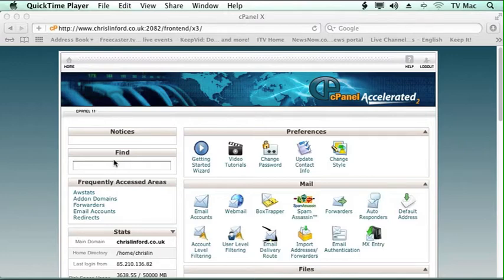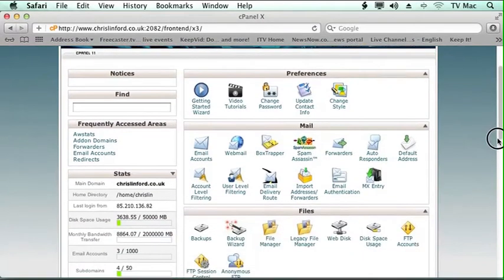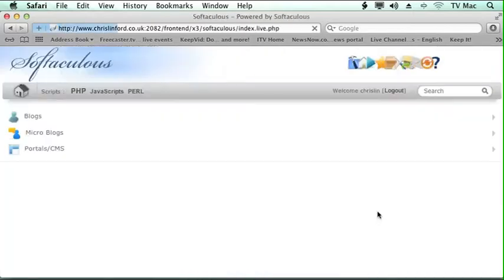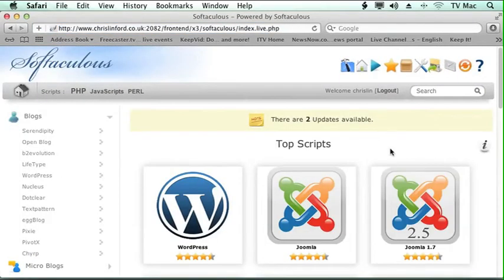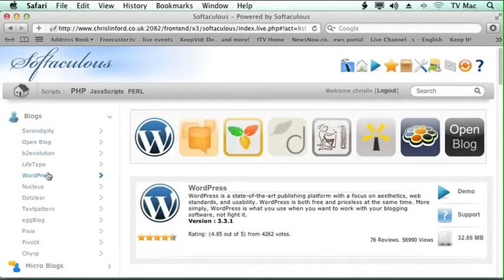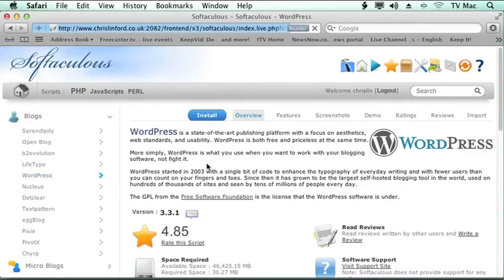If you're not sure how to do that, look at my Get Going guides on finding a host and installing software. But this is the basic cPanel that we're working at, and we want to go down to Softaculous. So if we scroll down to where we can find it, we can find this button here in the cPanel, and we just want to click on that, and then comes up lots of software that you can use on your server. And we want to go to blogs, and we want to choose WordPress,